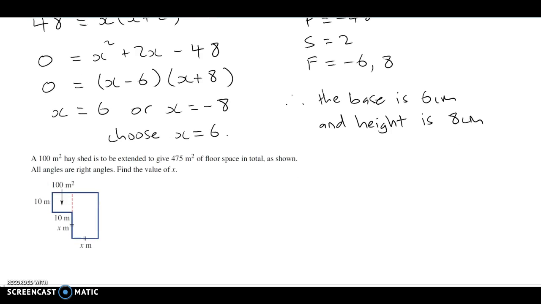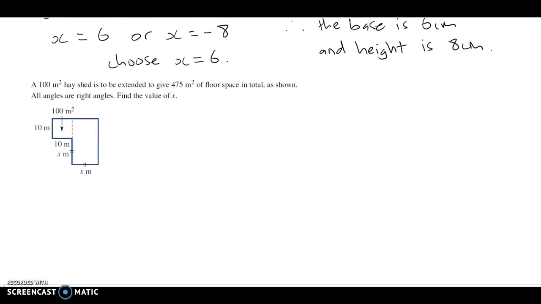Alrighty, let's have a look at this next question. A 100 meter squared hay shed is to be extended to give 475 meters squared of floor space in total as shown. All angles are right angles. Find the value of x. So the area of this whole space here is 475 meters squared. And we know that this area here is 100 meters squared. So that means this area here that I'm shading now